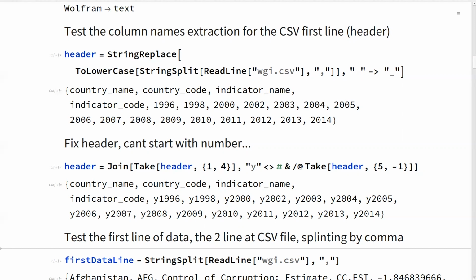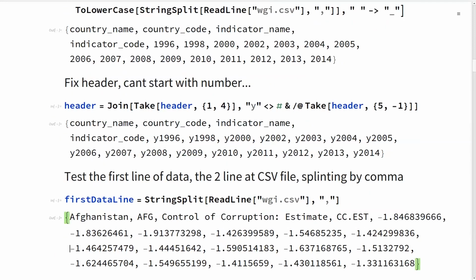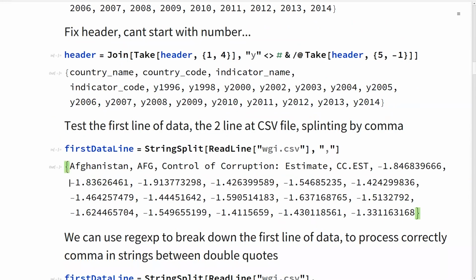It doesn't work, so I put an I in front in order to be able to load. Here I'm checking the first line of data, which is the second line of the file, and this is what I have for this case.